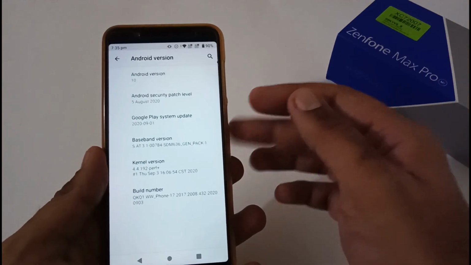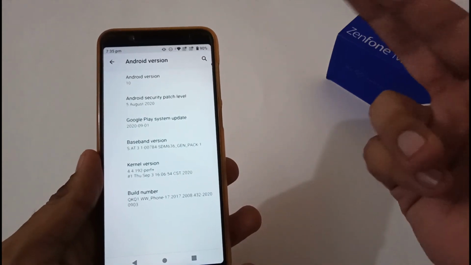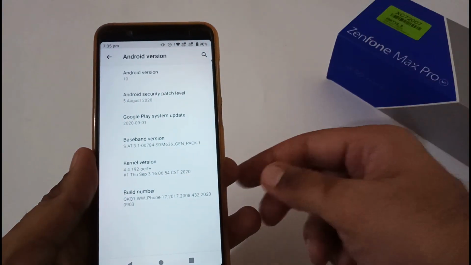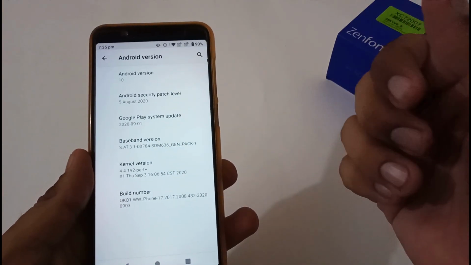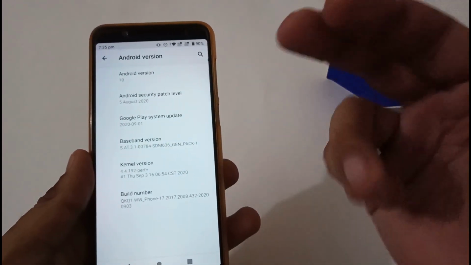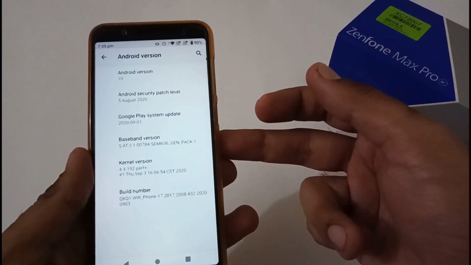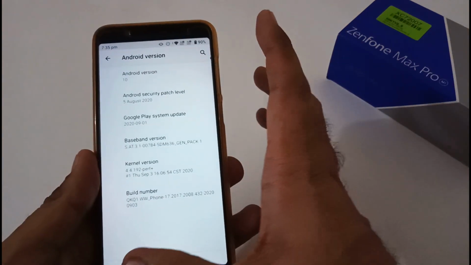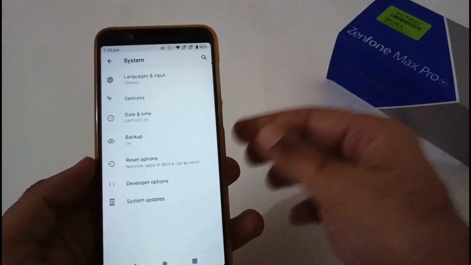The Android 10 Beta 4 version is based on Android 10, whereas Android 9 Pie 087 is on Android Pie. Here the security patch level would be 5 August 2020, whereas on Android Pie you will find 5 September 2020, which is the latest one. Apart from this, the build date on this Android 10 Beta 4 is September 3rd, whereas on Android Pie it is 26th of August. Now let's move to the system section after the initial introduction for both the ROMs.